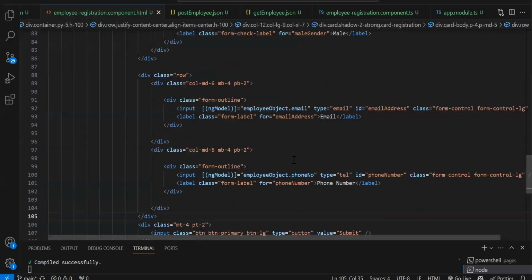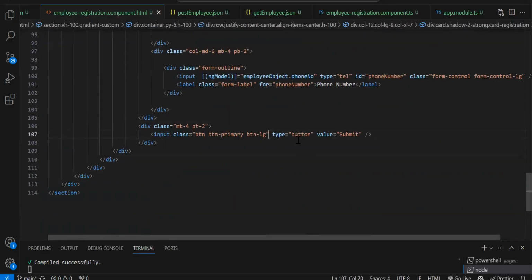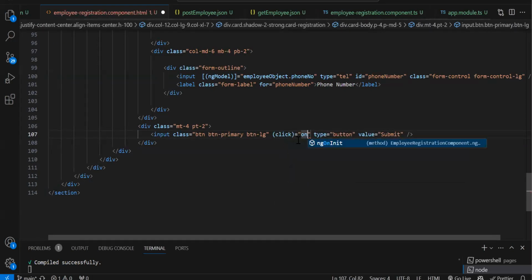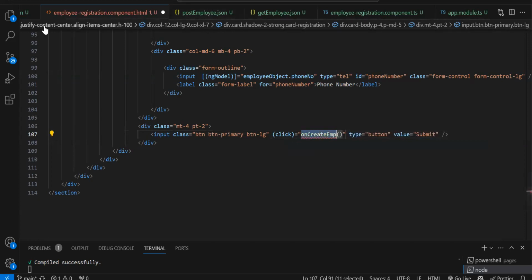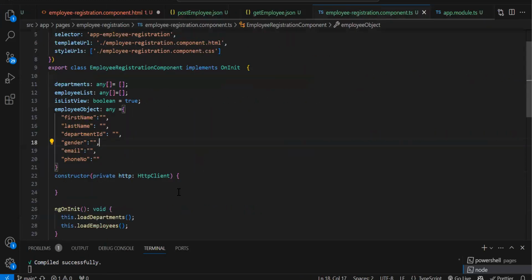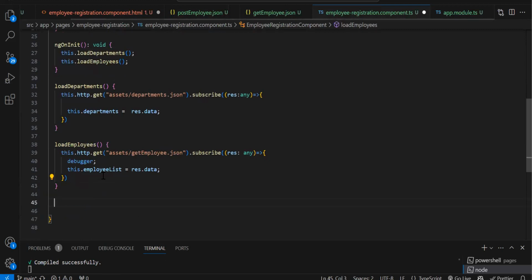Now we need to implement the click event. So on this button, we need the click event. So click on createEmp. This is the function we are going to create. So this function will go into our employee component.ts, after loadEmployee. So from this function, we need to call that particular JSON file. So again, this dot